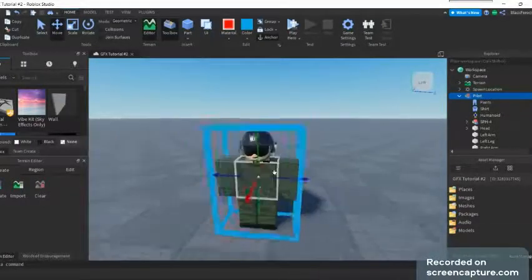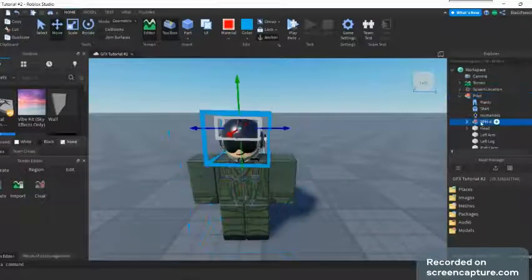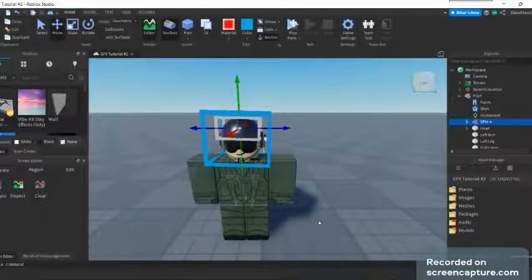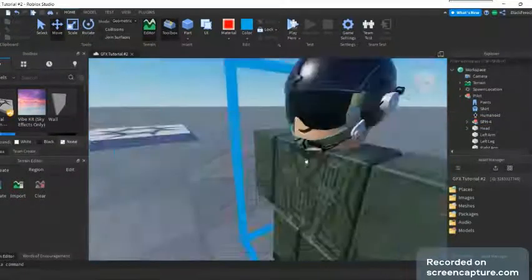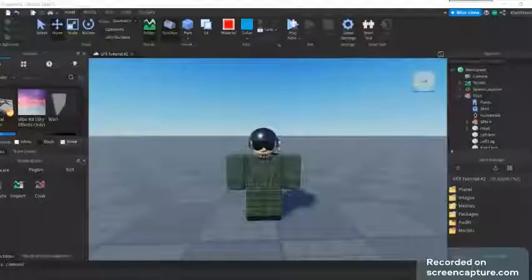Okay, if you have a lower end PC, it might take a while. So now I'm going to come to this helmet part, and I'm going to do the same thing, export selection, and I'm going to call this helmet. Okay. Now we have that done, you're going to want to go to the link in the description. This could be a media file link. I just want to go ahead and download that media file link